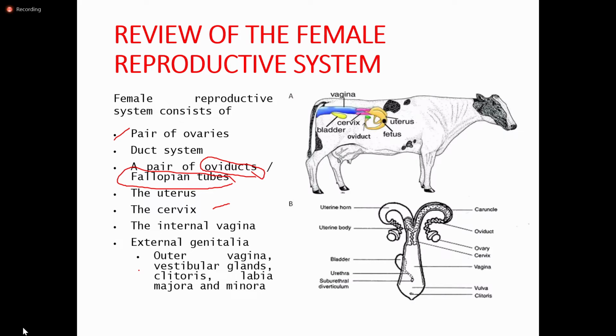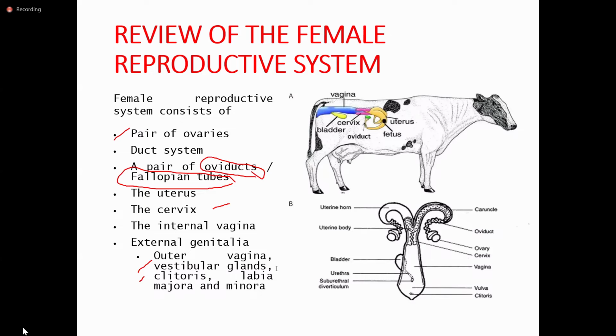Plus, we have these vestibular glands that help in the lubrication of the vagina, since the vagina is the part of the female reproductive tract that bears no gland, therefore wala siyang secretion. So with vestibular glands, particularly the Bartholin's gland,